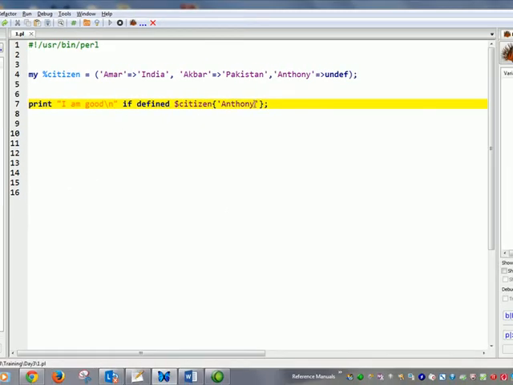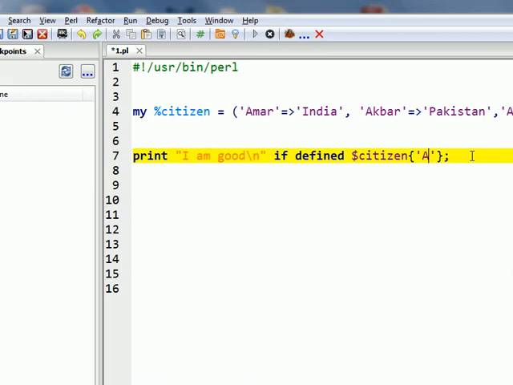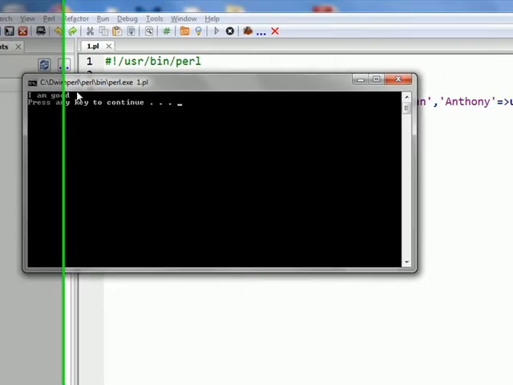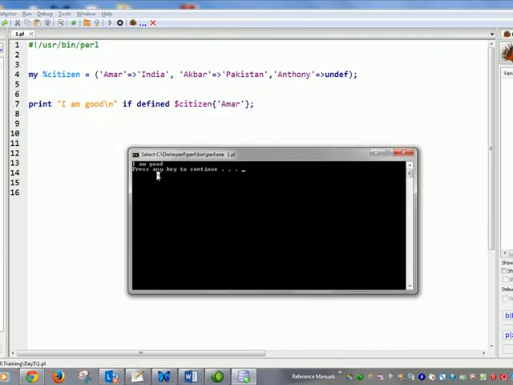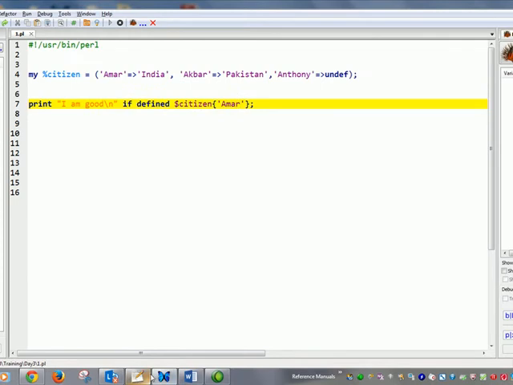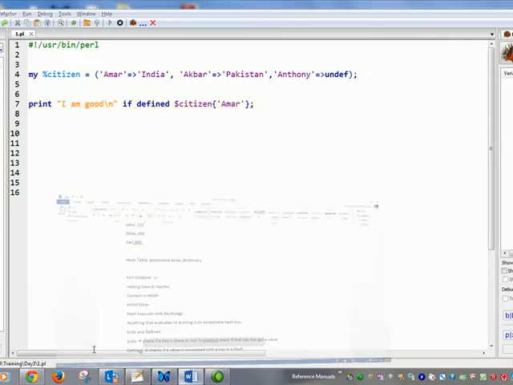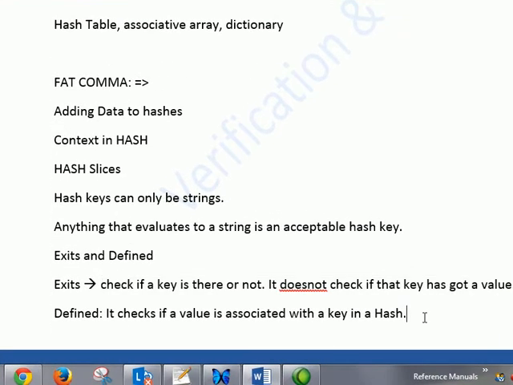So let's see if I write Amar here. Amar has got a value, so Amar is defined, so it must print I am good. So now you learnt about defined and exists in Perl, in hash.